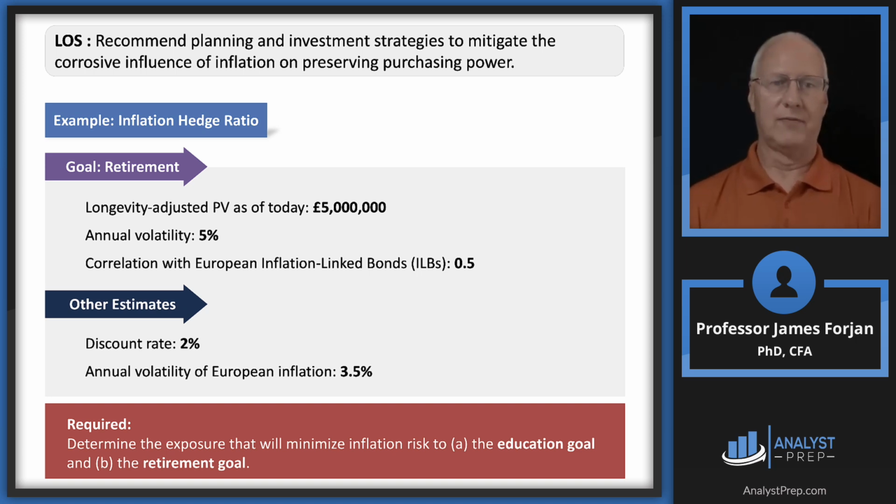All right, there's our $5 million longevity adjusted present value. Don't be upset if you had to calculate that present value, but you should be able to do that. Annual volatility of 5%, and there's a correlation of 0.5, other estimates, discount rate, and annual volatility of European inflation 3.5%. So we have two questions here. Determine the exposure to minimize inflation risk for both the education goal